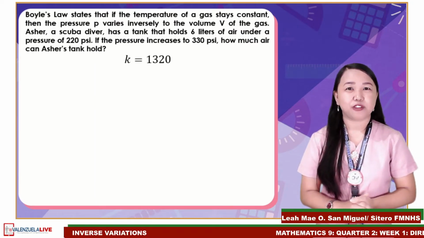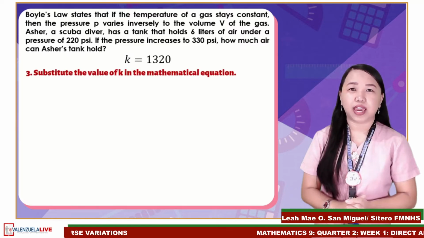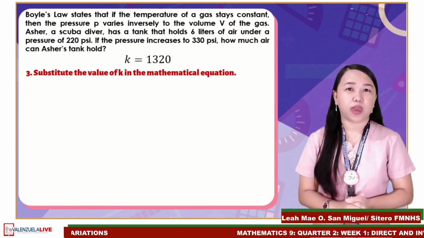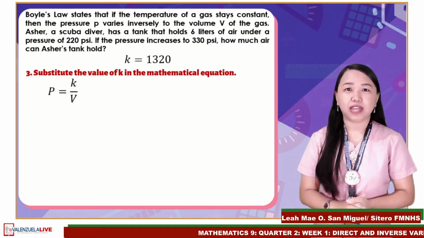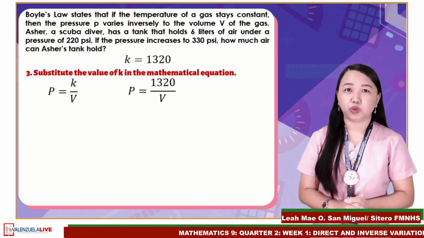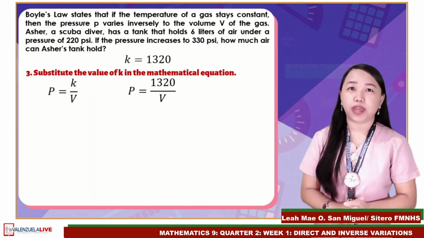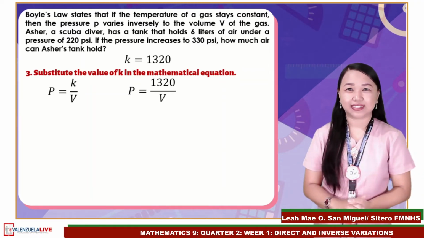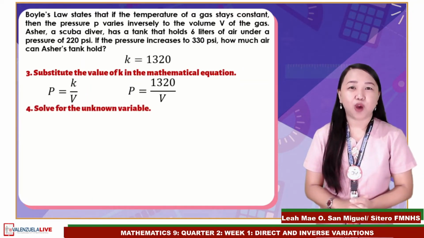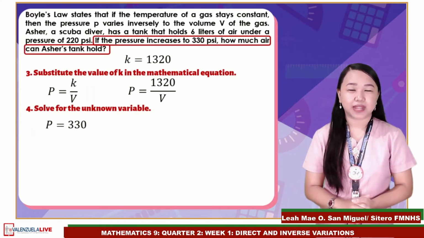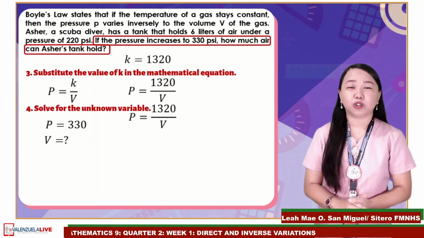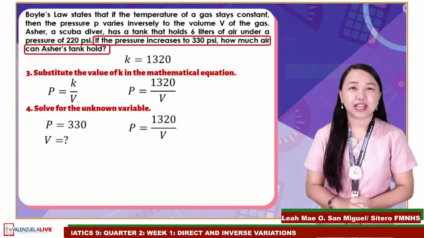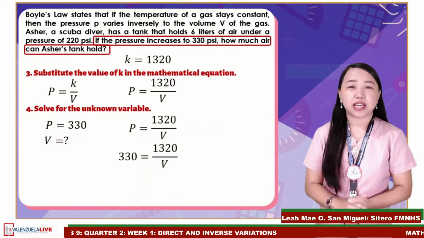1,320. Then, substitute K equals 1,320 to P is equal to K over V. Then, P is equal to 1,320 over V. Afterwards, solve for the unknown variable. By substitution, substitute P is equal to 330. 330 is equal to